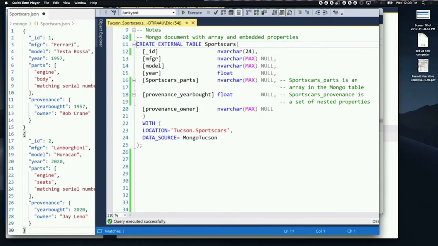So notice that we've got them both together. In the one case, we have the parent and then the underscore and the parts, right? Or sorry, provenance. Provenance underscore year built, provenance underscore owner. And then in the other case, we have the table name as the first element, then the underscore, right? And since it has the table name first, we know that that's an array. And it turns out if your array happens to be embedded even lower down, you still are going to have the table name in there, okay? So in one case, we pivot. In the other case, we just create additional rows.